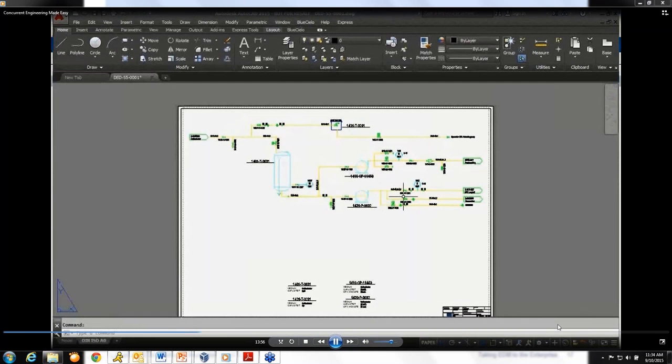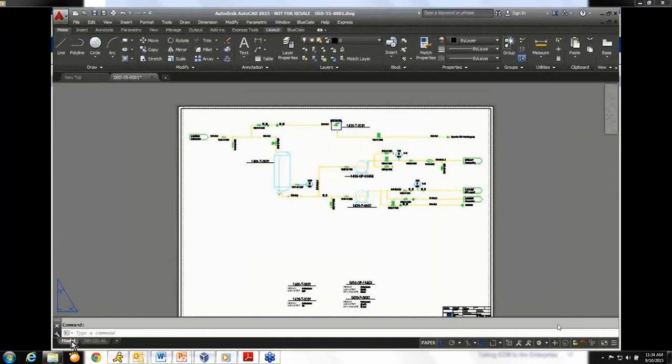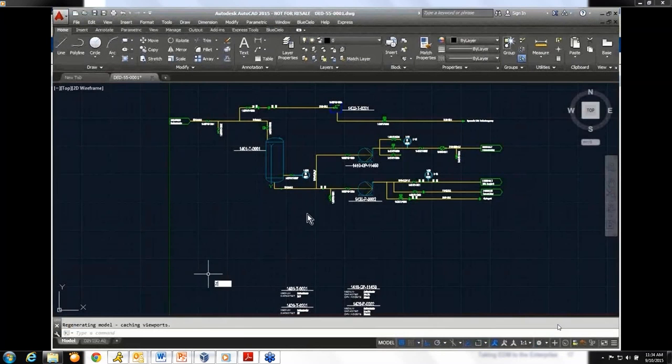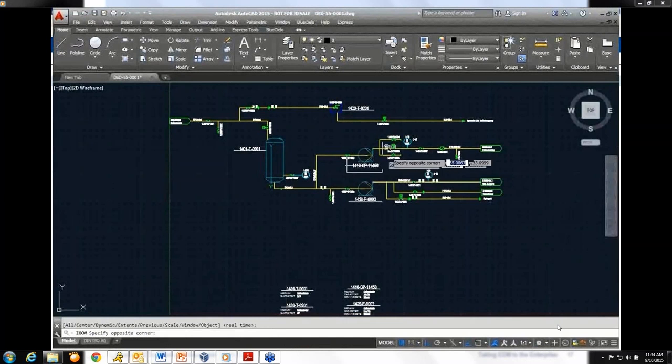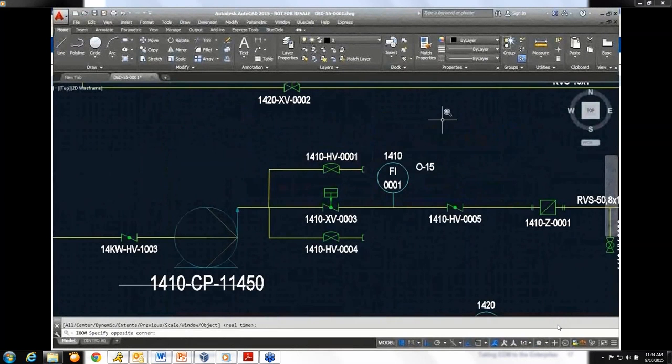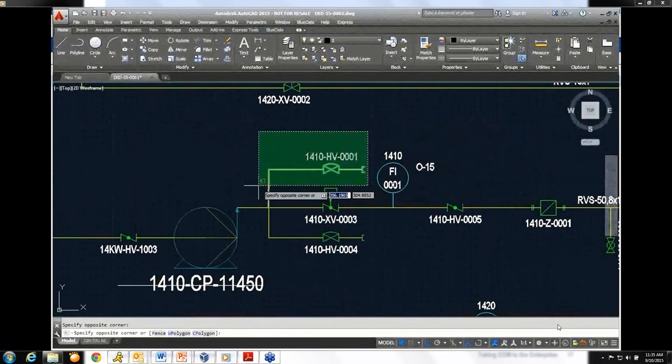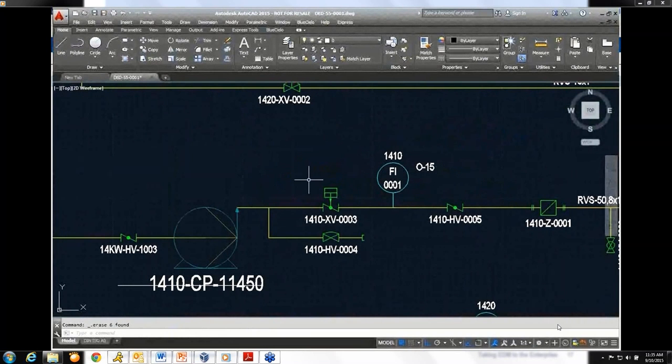And we're going to make the changes in model space, so let me switch to model space. And let me zoom into the area we're going to make a change here. And the simple change we're going to make is simply removing this hand valve, and just press delete. That is done. And if we're done, and in this case the designer is finished, we'll zoom out, make sure